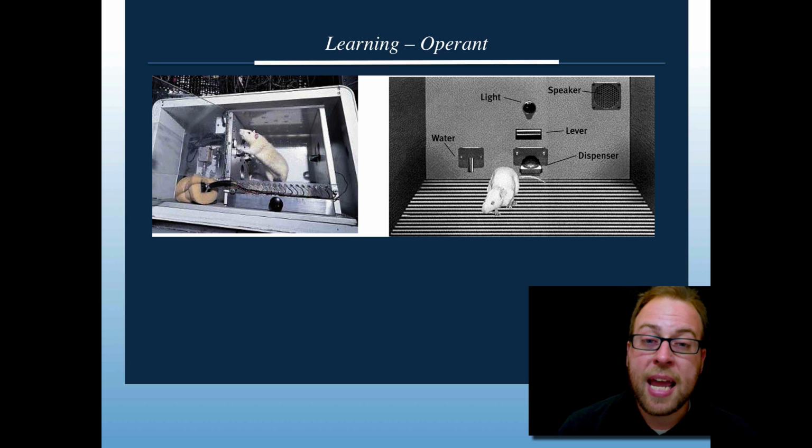When the animal is exploring, I might begin by reinforcing the animal anytime it's in the right half of the cage. That is, anytime it's in the half of the cage near the lever. When the animal is on that half of the cage, I can hit a button that will distribute a food pellet. Over time, the animal begins spending more time in that half of the cage because it associates the behavior of being in that half of the cage with receiving food.